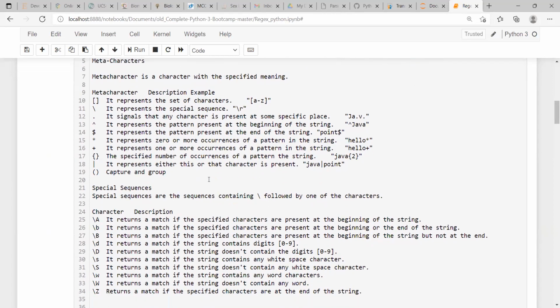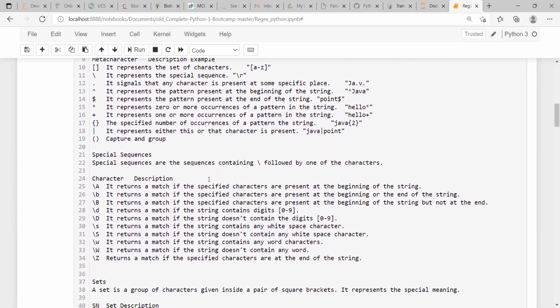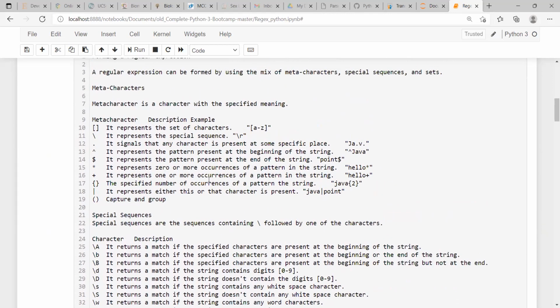I'm not going to tell you to remember all these things at a time, but when you are trying to use this regular expression in your data analysis and small sequence data analysis, whatever you need, you first try to remember those applications.